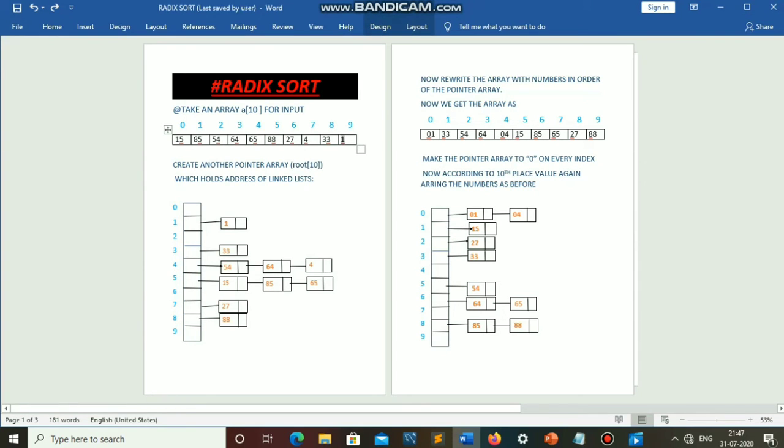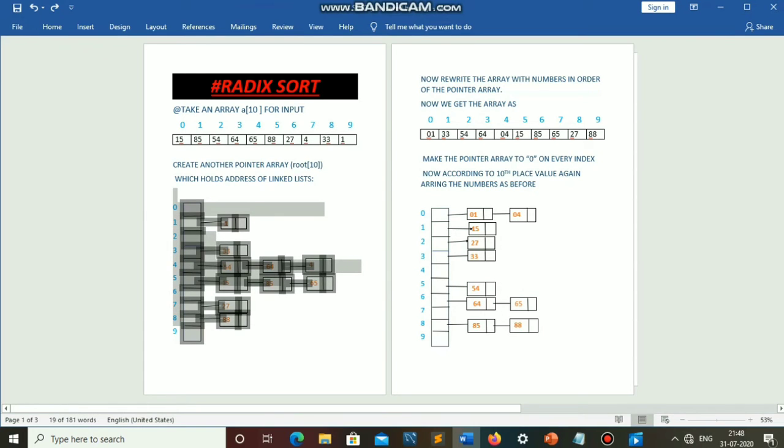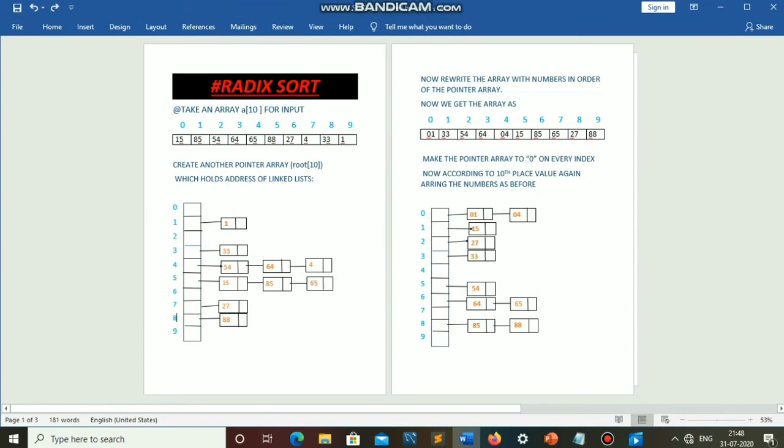Now again from the start, considering index 0 to 9, which hold the integers, we need to copy these integers into the erased array A. So first 01 is stored in the 0th index, next 33, in order. At the 4th index 54 and again 64, like this respectively. We need to rewrite the array with the numbers.